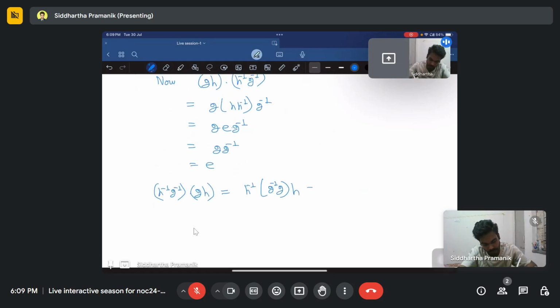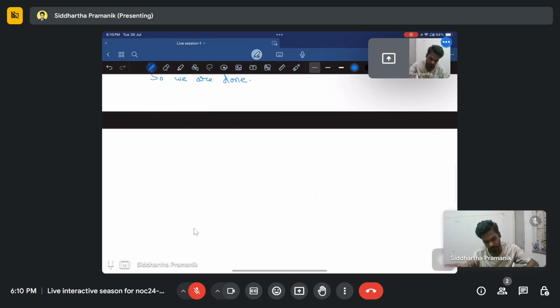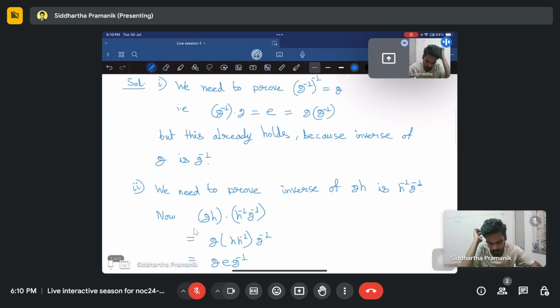So this is h inverse e h, and this is equal to h inverse h, and that is the identity element. So we are done. Okay. So for the third problem,